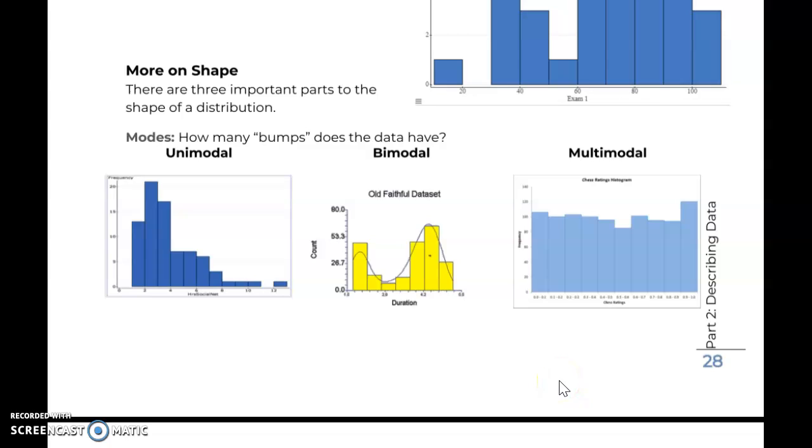Here's a little more about shape. There are three important parts that we look at when we're looking at the shape. So first of all, we look at, is it unimodal, which means is there one peak? Is it bimodal? And over here you can see that we have kind of a peak here and another peak